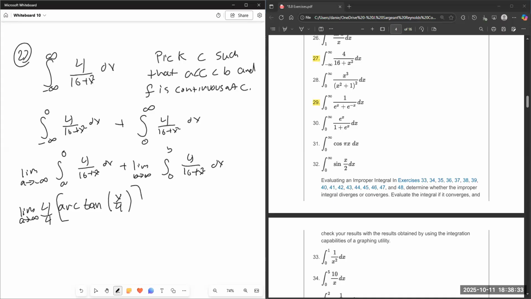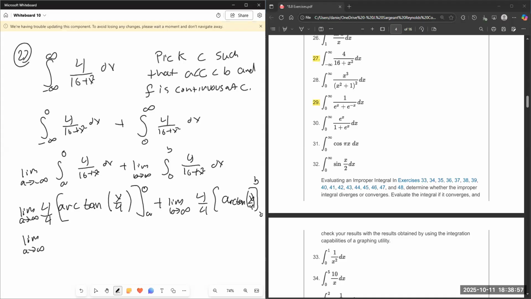This is evaluated from a to 0 plus limit as b goes to infinity of 4 over 4 arctangent of x over 4, 0 to b. The limit as a goes to infinity of arctangent of 0 minus arctangent of a over 4